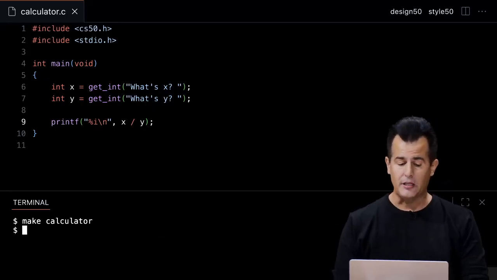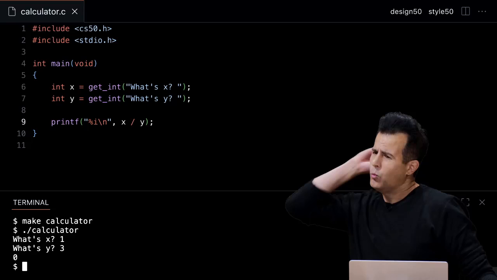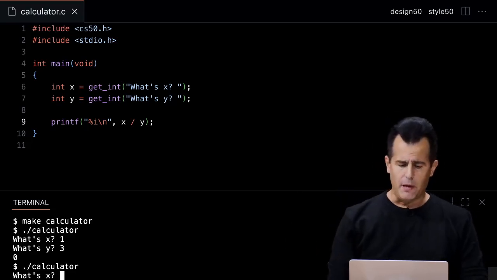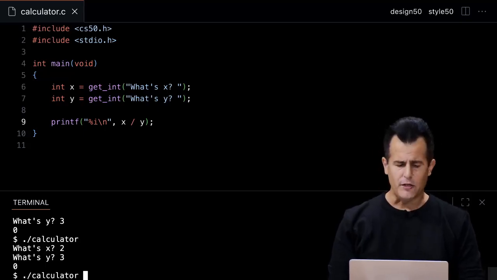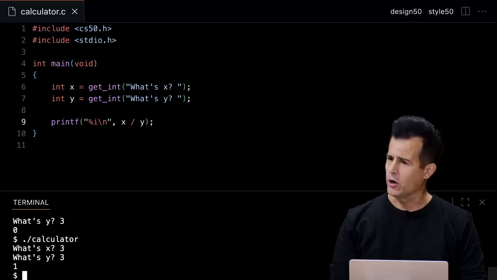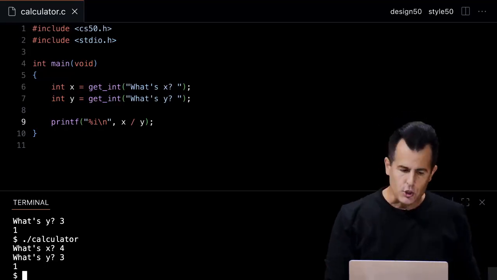So if I make this here calculator, do ./calculator, type in 1, type in 3, I get 0, which is weird. What if I do instead maybe 2 and 3? It's 0 instead of 0.66. What if I do 3 and 3? Well, that curiously works. But if I do something like 4 and 3, which would be 1.33, that too doesn't